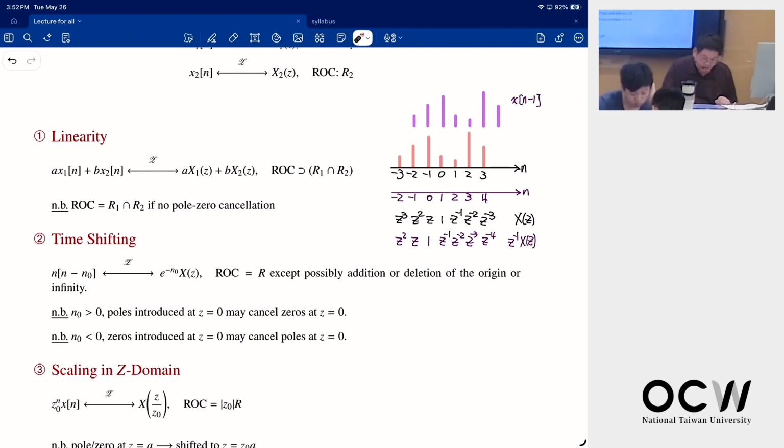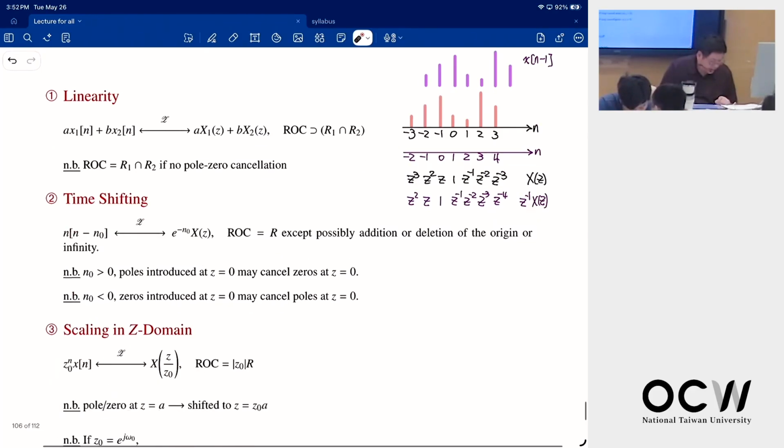So you can also think about time shifting as shifting your axis. And I can also shift